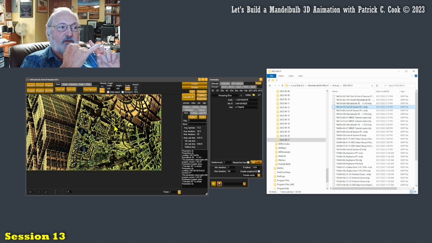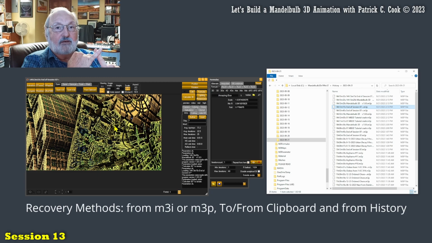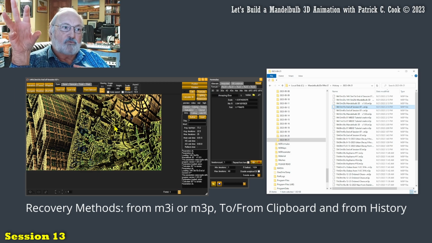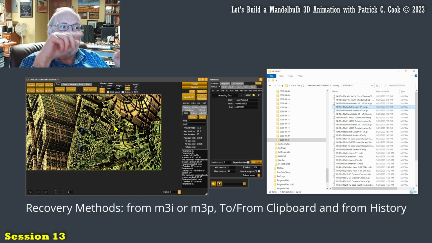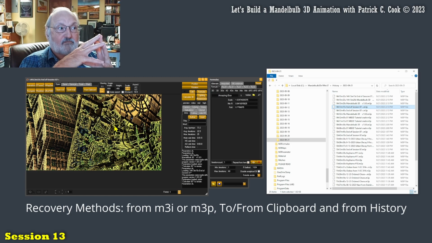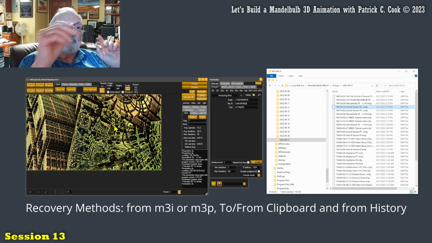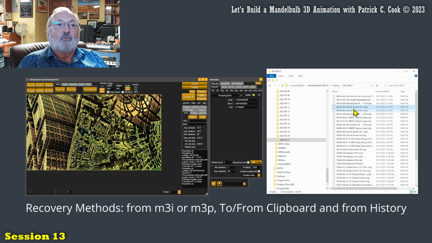One is with the m3i or m3p files, if you are able to save them. There is also the to clipboard and from clipboard, which will get your properties out on the clipboard, and you can put them in Notepad and then back into the application to recover. It does not recover your view. And then there's the history. One of those three methods or techniques should be able to get you back up and running